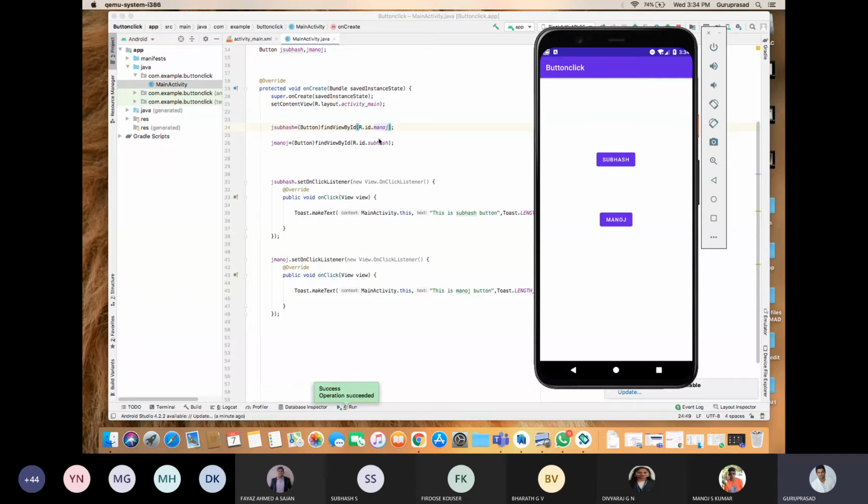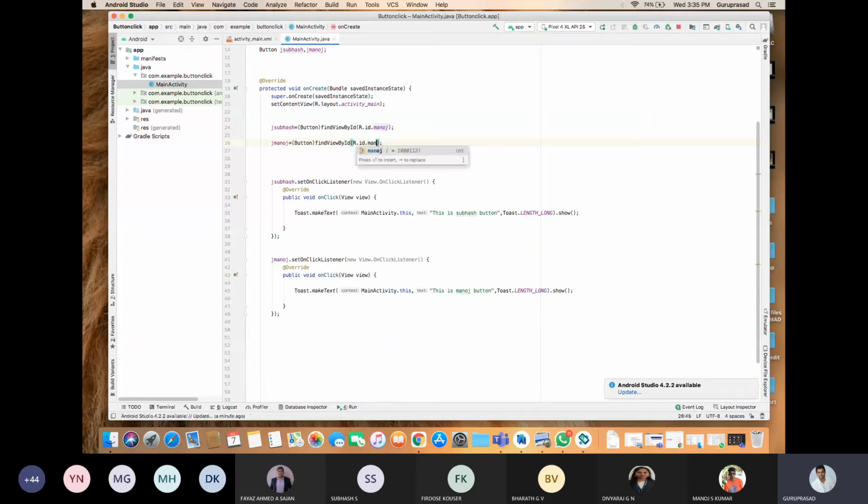Because I have replaced the ID. I have changed the ID, Subhash for Manoj and Manoj for Subhash. So if I press Manoj, it is showing this is Subhash button. If I press Subhash, it is showing Manoj button. So that is the importance of your XML ID.